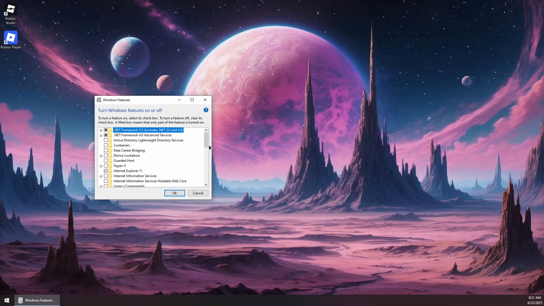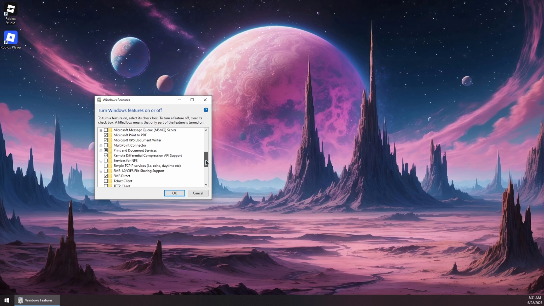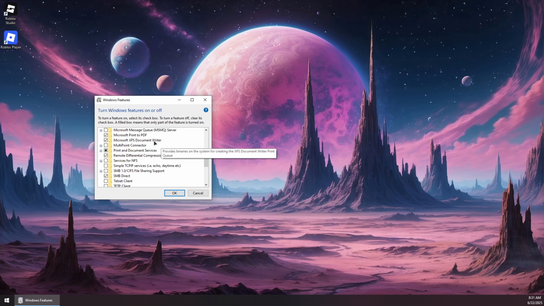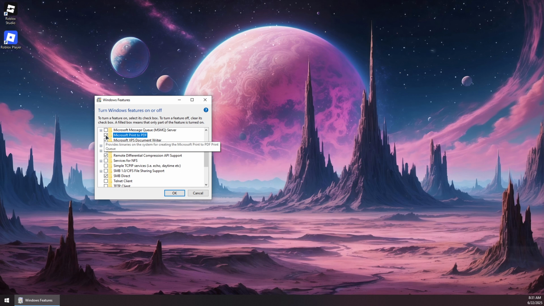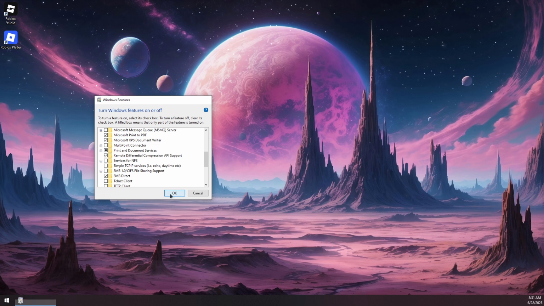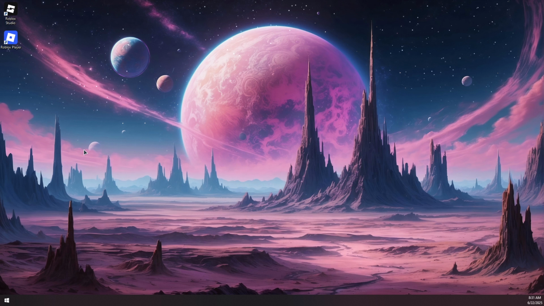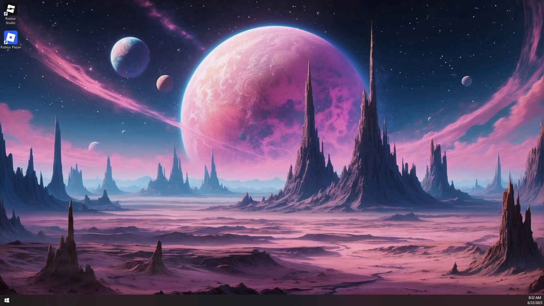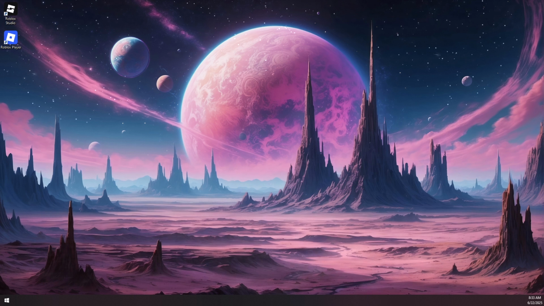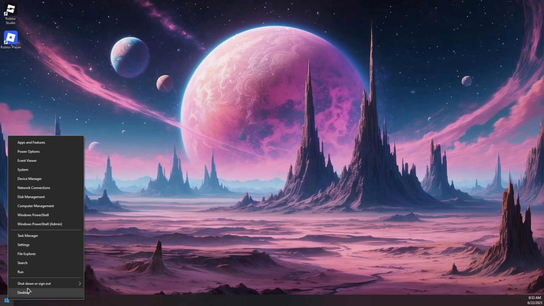Now you'll need to scroll down till you see Microsoft Print to PDF, which is this one right here. And make sure it's checked or enabled like this. And now you want to press OK. And if it's not already enabled, you'll see a window downloading the optional feature or installing it to your computer. Now, once it finishes installing, you can close out of that and right click on the start button again and